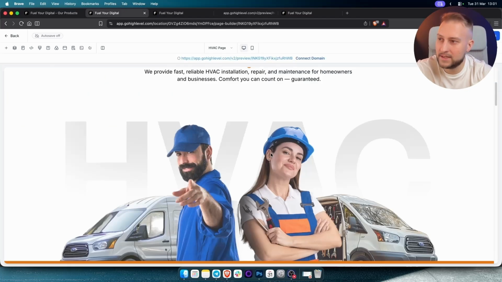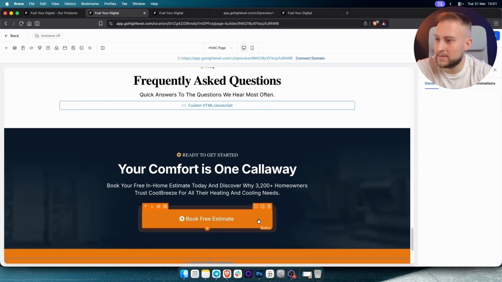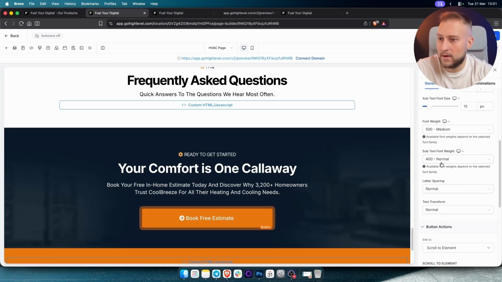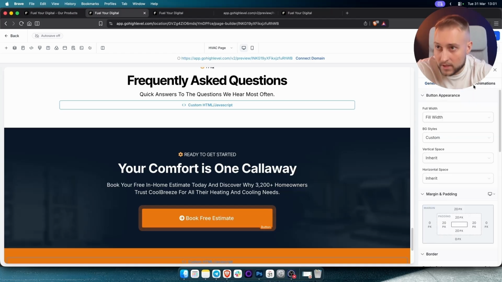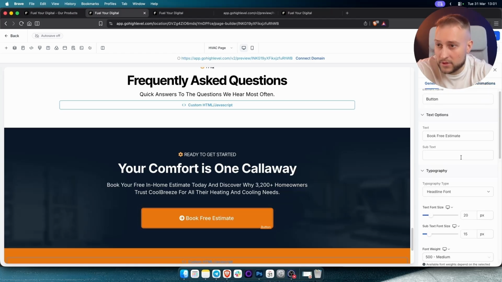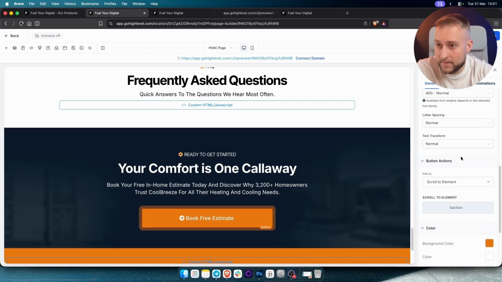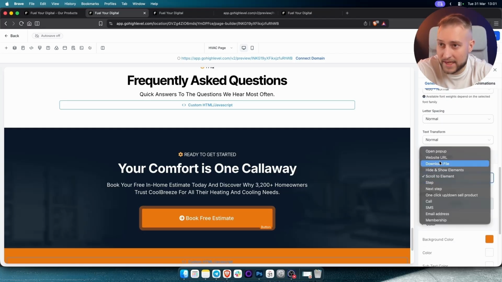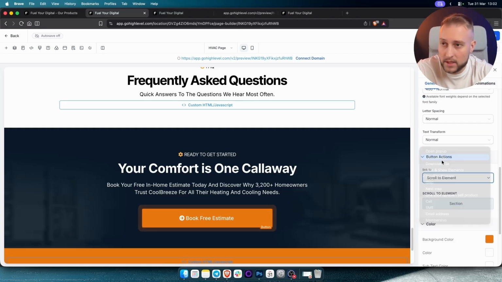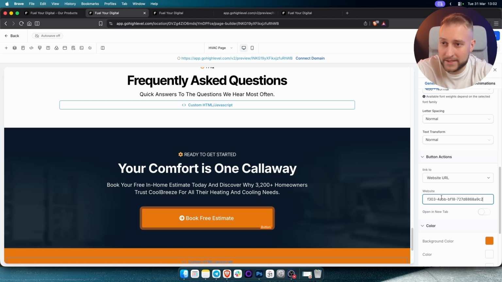So right here, we have button, subtext. Let me actually see. We have general, and then right here is scroll to the element. You can link it to a website URL and paste the website URL from your calendar, okay? When someone clicks on that, let's say we want to publish this,